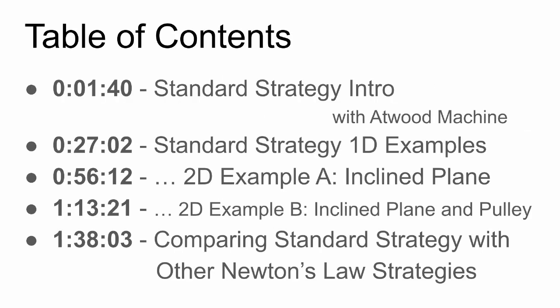We will start by introducing the four-step standard strategy using the example of Atwood machine, and then we apply it to two more one-dimensional examples. As the third step of the standard strategy can only be illustrated with two-dimensional examples, we use the examples involving inclined planes and pulley in the second half, demonstrating how this multi-step problem-solving strategy helps approach situations where intuitive problem-solving